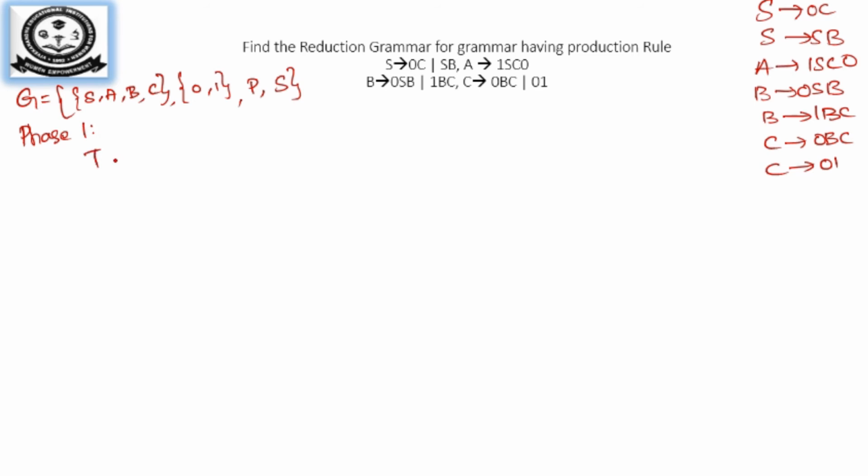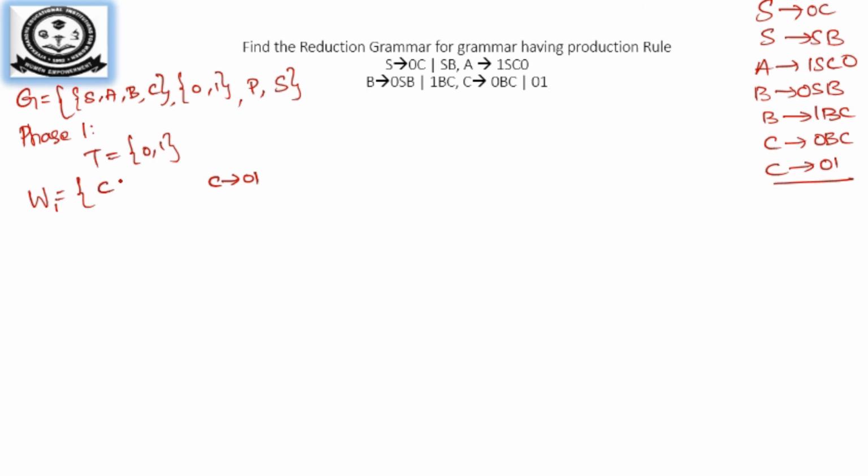We will try to find the non-terminal symbols that can derive 0 and 1 from the grammar. So W1 is going to be equal to, so what are the rules that can derive terminal symbols? You can clearly see this rule alone derives terminals. So we'll have C tends to 01. So that is the only production that derives the terminal symbols. Others contain non-terminals.